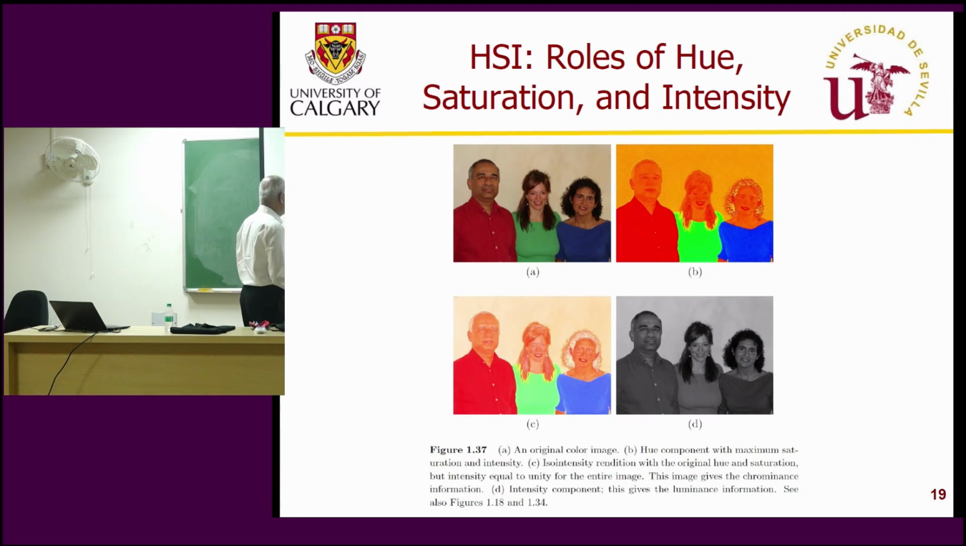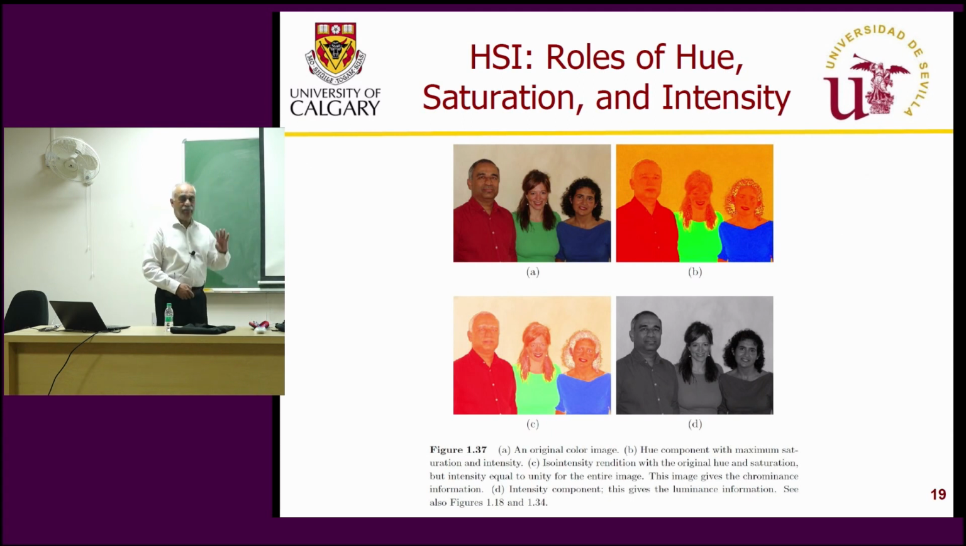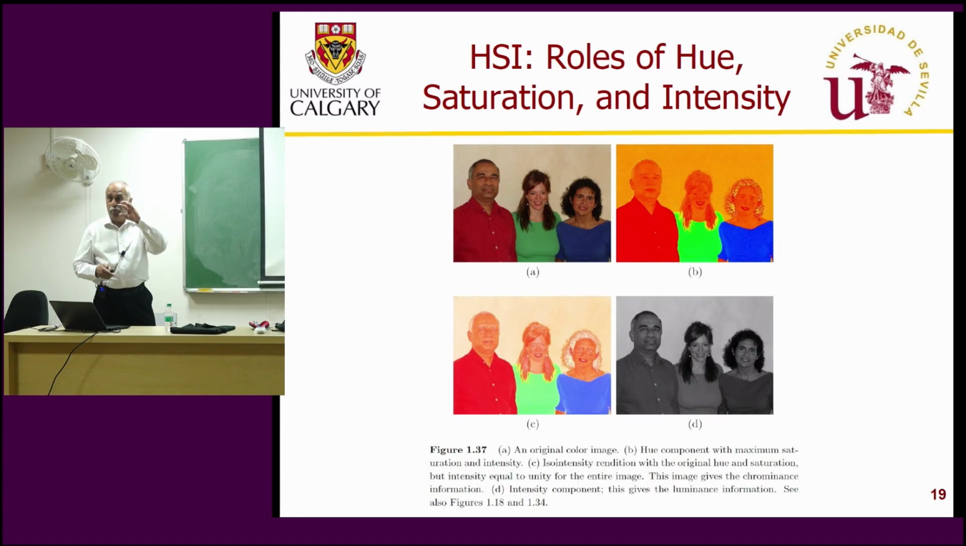Maximum saturation, whatever that color is, saturated rather. This is iso-intensity rendition with original hue and saturation. The intensity is maximum, and the original values of the saturation. And the last one is just the intensity component, grayscale. So in this way, you can extract different types of images depending upon which part is of interest: intensity, hue,